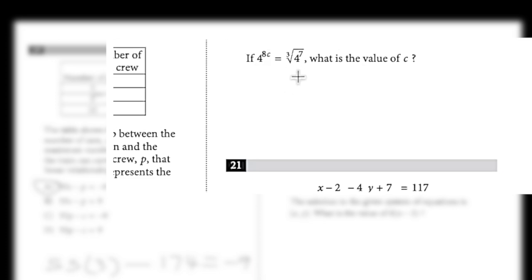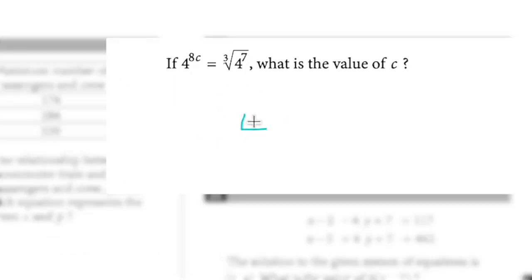So a cube root is the same thing as raising to the 1/3. So basically, 4 to the 7th is what's under the cube root. That is being raised to the 1/3. And then we could apply another rule where we're allowed to multiply exponents that are being raised. Like if an exponent's being raised to an exponent, we could multiply. So basically 4 to the 7/3.